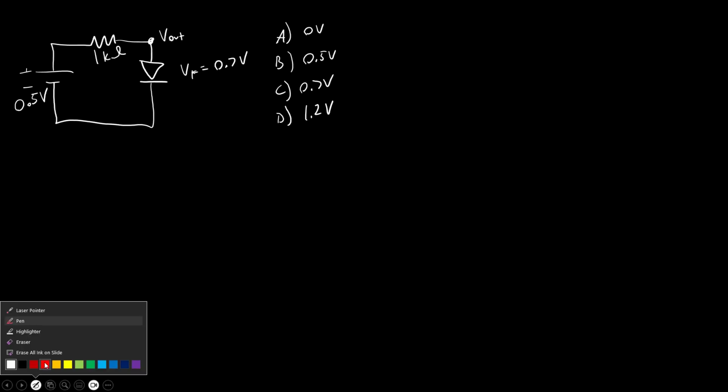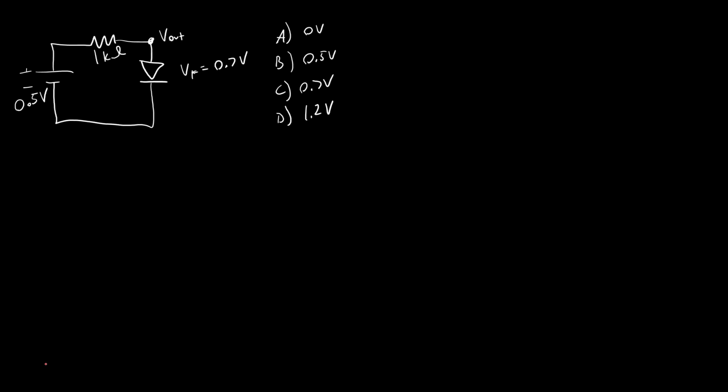Okay, coming back, hopefully you paused the video. The correct answer in this case is going to be 0.5 volts. And you might ask, well, wait a minute, you said the diode has a forward voltage drop of 0.7 volts. Why isn't it 0.7? And remember our IV curve,